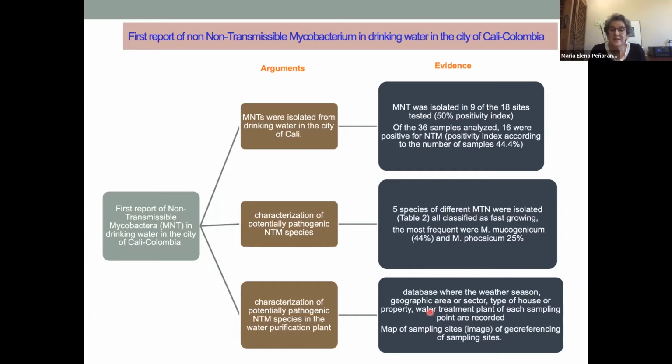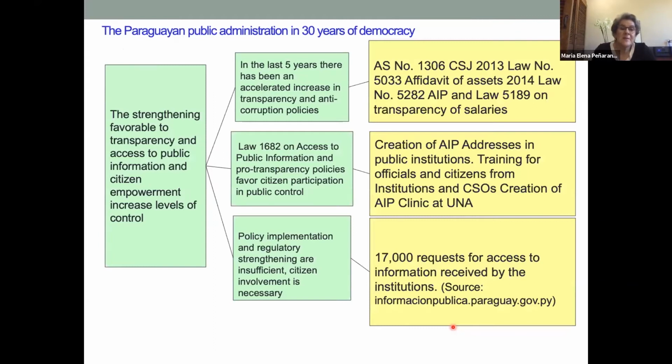And here the analyzed database for the weather season, geographic sector, type of house, treatment plan sampling, and each point was recorded. So they did image sampling to reference which wells were more contaminated than others. So it's a little simple experiment that could guide you to your articles to do this kind of mental exercise or written exercise. This is a study made in Paraguay, in where the strengthening favorable to transparency and access to